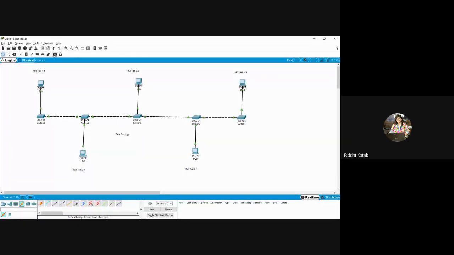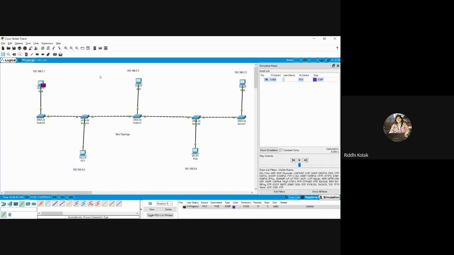So now take this PDU, drop it from PC4 to any PC you can verify, right? See, I'm getting successful. Let me simulate the path. It will take the time because over here the path is large and many systems we have added over here. So it will trace the whole path.